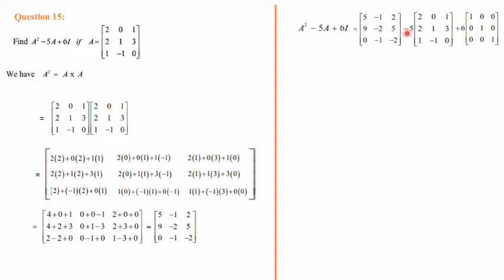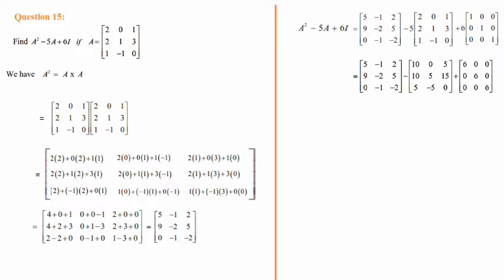Next is scalar multiplication, and here also scalar multiplication that we have to do. So first matrix is same. Second one, scalar, when you multiply inside, 5 into 2 is 10, 5 into 0 is 0, 5 into 1 is 5, 5 into 2 is 10, 5 into 1 is 5, 5 into 3 is 15, 5 into 1 is 5, 5 into minus 1 is minus 5, 5 into 0 is 0. Here this 6, if you take inside, 6 into 1 is 6, 0 0, 0 6 0, 0 0 6. Means wherever 1 is there, just multiply with 6, it will be coming as 6. So just subtraction and addition.